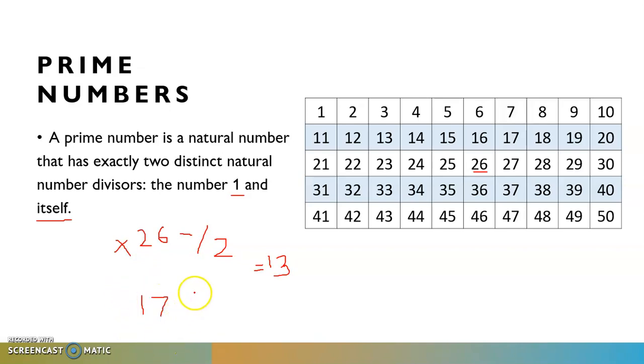Now we will take another number, that is 17. Try to divide this number by 2. Can you divide this number by 2 and get a whole number? No, here we are getting a remainder, correct? Now we can say 17 is divisible by 1, yes, and we get a whole number, and 17 is divisible by 17 itself. None other than these two numbers divide 17, and that is why 17 is called a prime number, right?